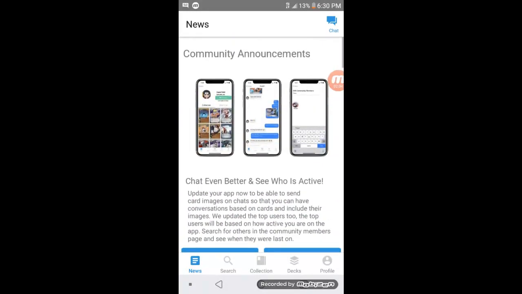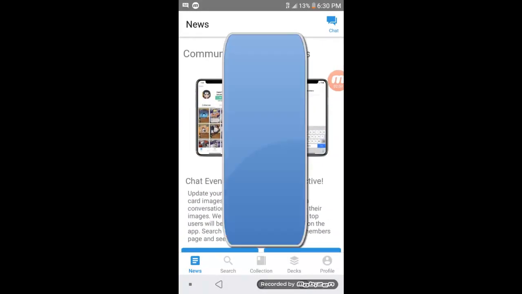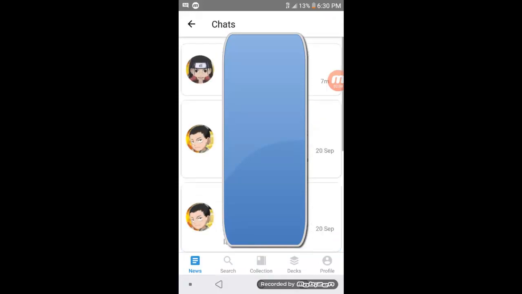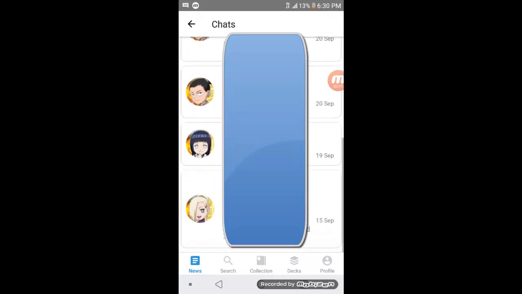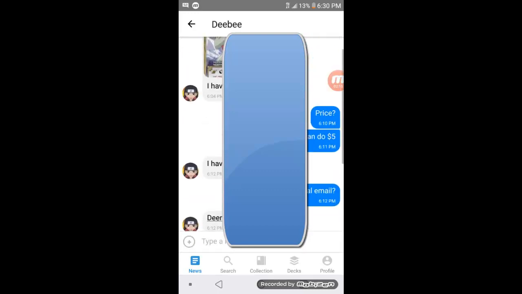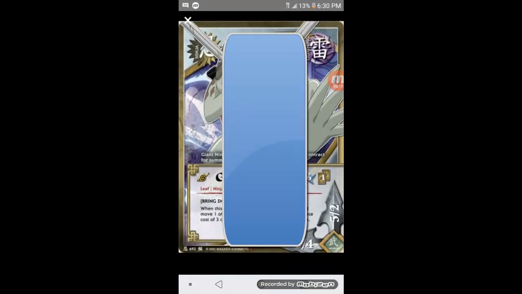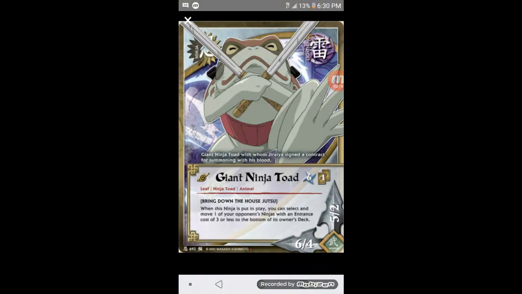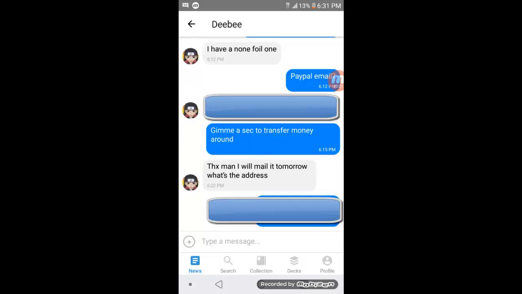Alright, so the chat. Let's see how the chat looks. There's some attempts at conversations. I just finished a deal, so I was able to purchase this giant Ninja Toad, because here I wanted to copy the email address for PayPal